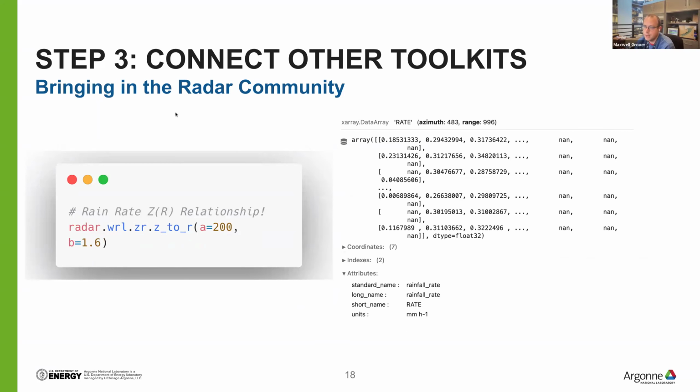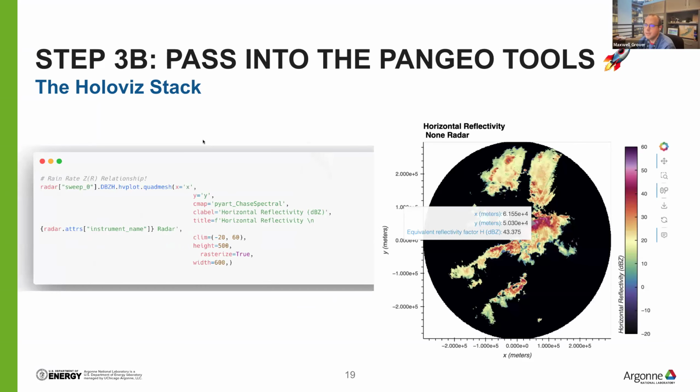So working with tools like RadLib, this is looking at a ZR relationship, which is a way of relating what's measured by the radar to retrieving like a rainfall rate using information about the scatterers. And then the really nice thing is, then it's sort of in this Pangeo space where we can use all the familiar tools people are used to, whether that's matplotlib or in this case hvplot, and do sort of these one-liners, which we all know and love, to go through and create these different visualizations